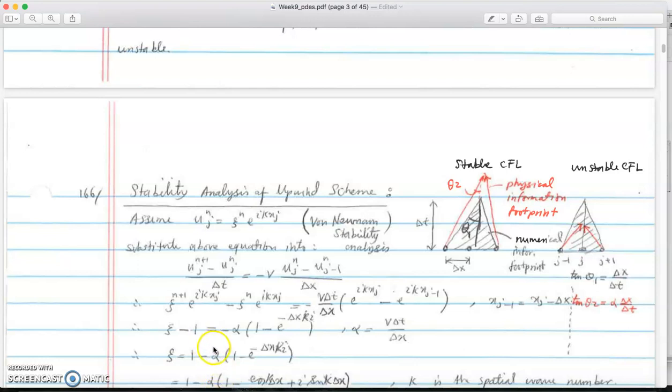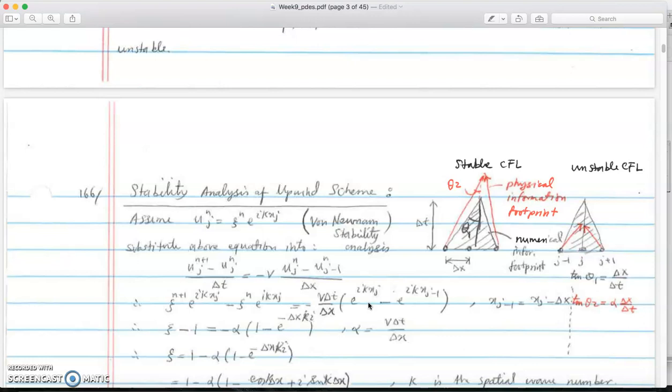Alright, so we come back. We were talking about von Neumann stability analysis of the advection equation. We had an expression like this, where we replaced all the discretized time and spatial variables by a perturbation in the form of some c raised to n power and an exponential of ikxj. This was the expression we got, and now the goal is basically to find xc and see how that